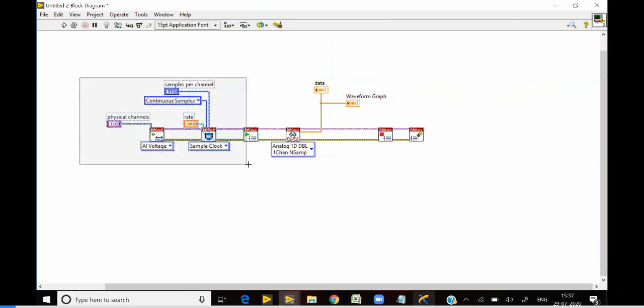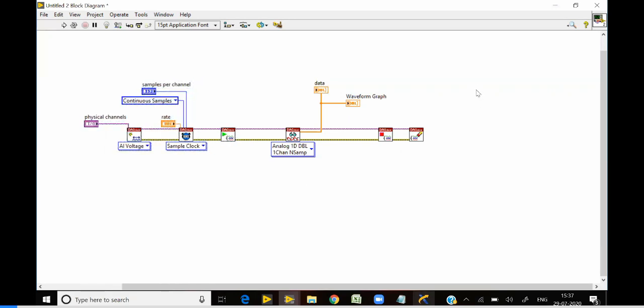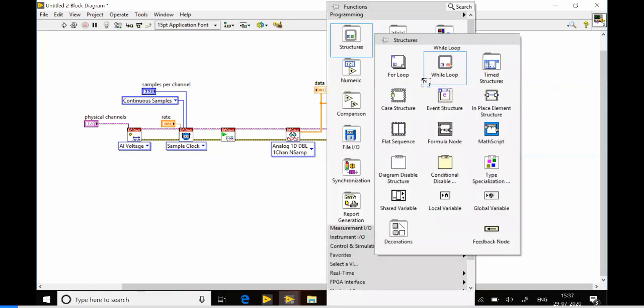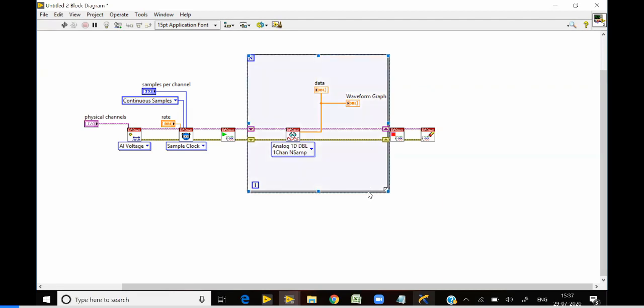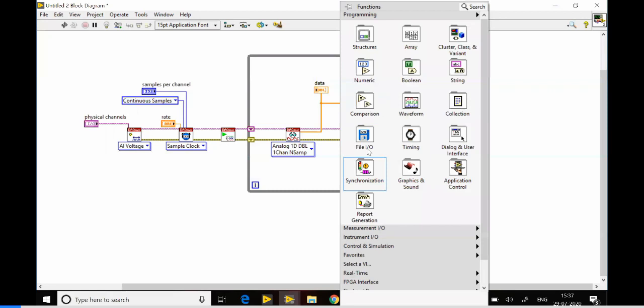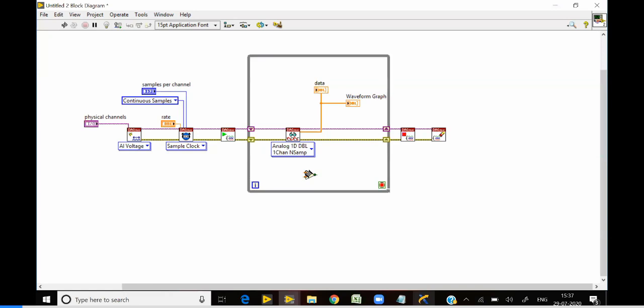I'll just expand these things around. So why I have told not to include these things: these configurations are set one time, it's enough. Okay. So I'll just create a while loop here, and I'll make a condition as greater than or equal to